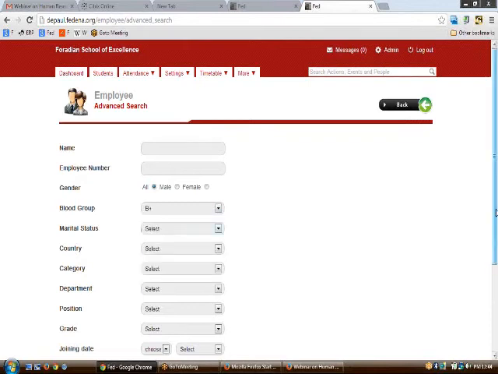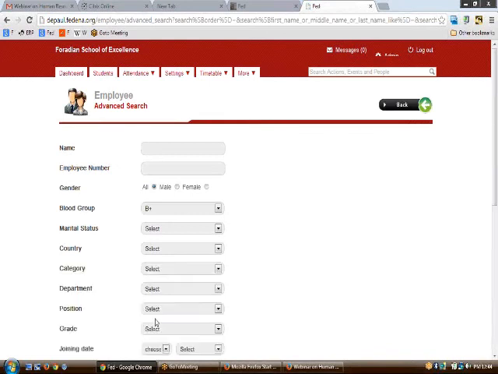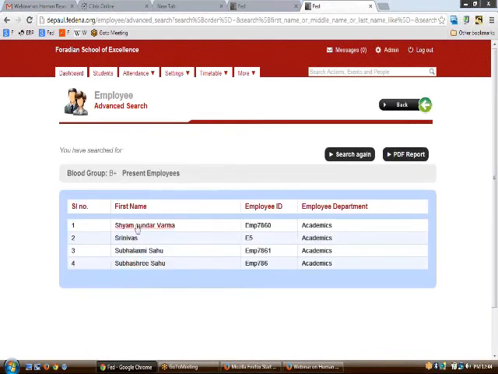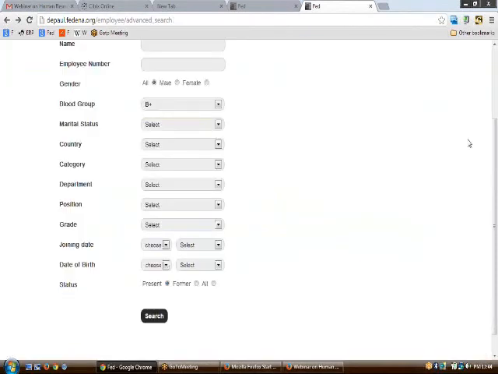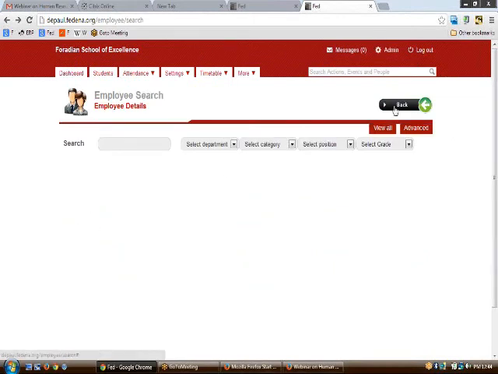If you have such persons available, then they would be available in the list. As we can see, here we have 4 persons who have this B positive blood group, and moreover if you want a PDF report of the same, you can also do so. Such interesting reports can also be generated by exploring the other parts of the advanced search.